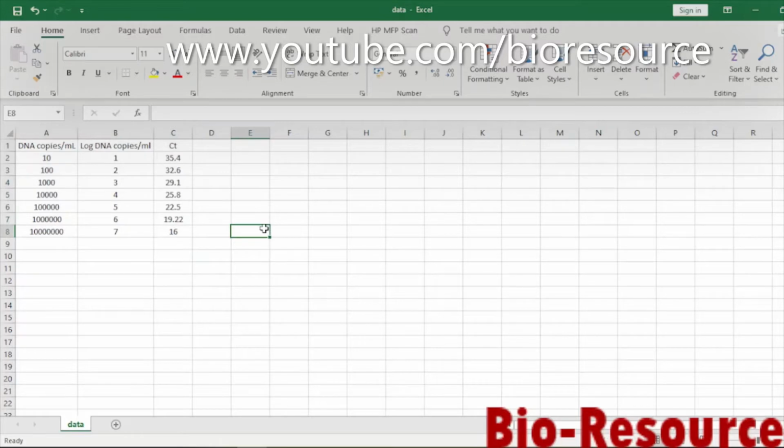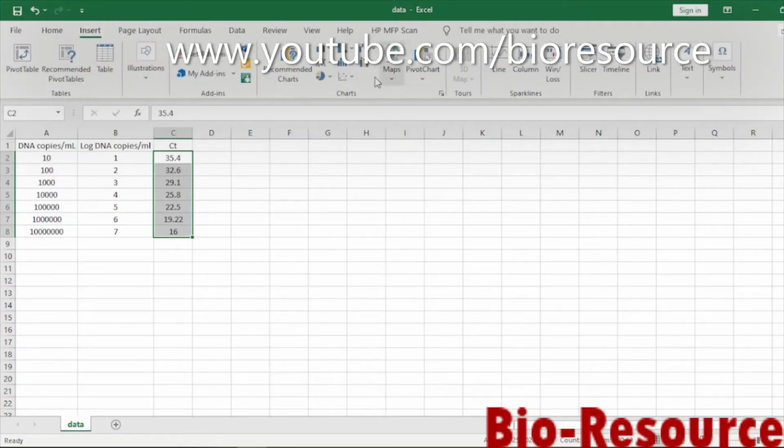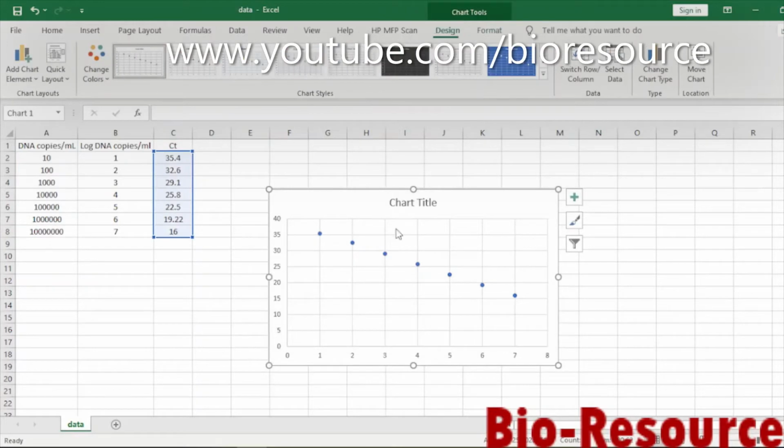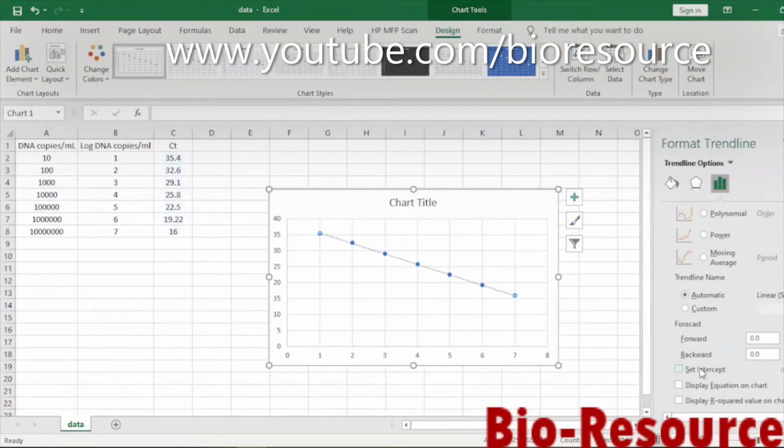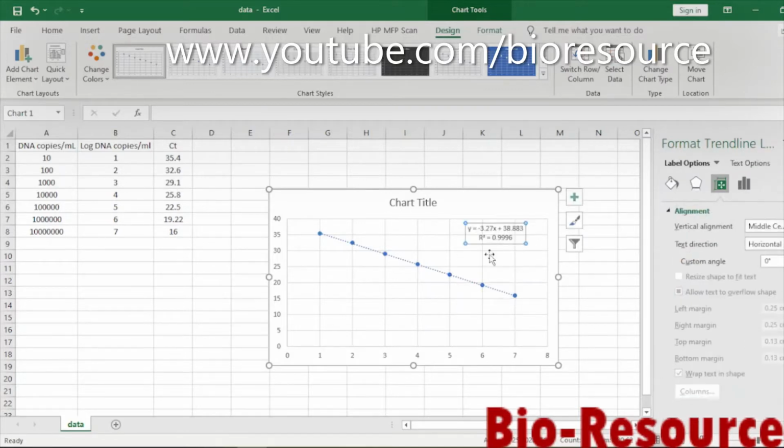So in Excel, what we do is plot the CT values in a scatter plot format, and we can use a trend line to get the slope and intercept values. So we have here the slope value of minus 3.27, an intercept value of 38.8, and an R-square value of 0.99.